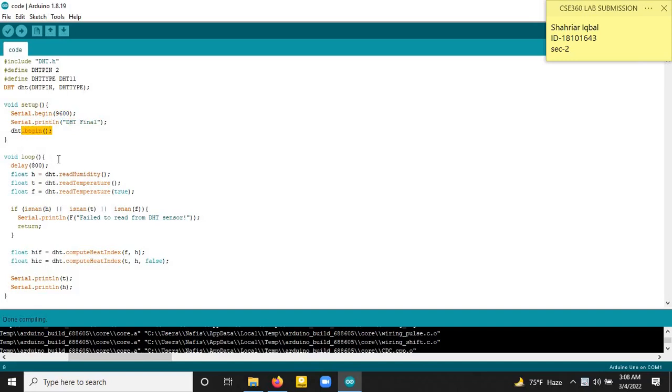In the void loop, firstly we will introduce a delay of 800, which means 0.8 seconds. Then the variables h and t will read humidity and temperature respectively. The variable f will ensure that the temperature is being read as Fahrenheit. Now, in this part, if any of these gives us a NaN value, then we will print fail to read